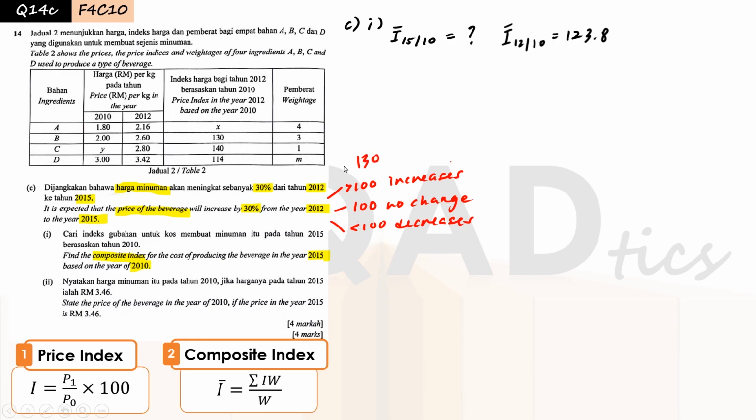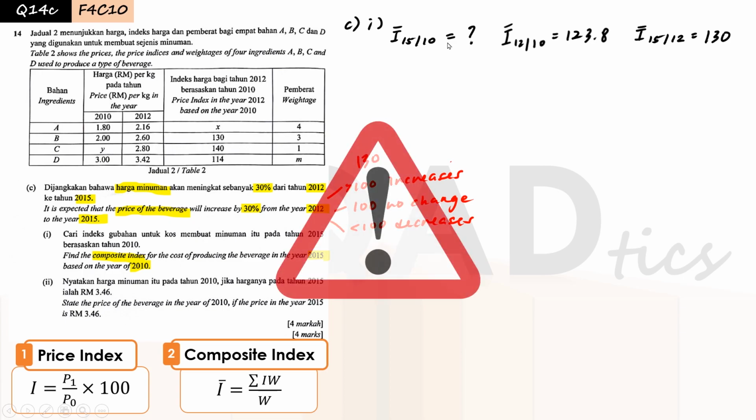Alright? And another thing about this index is that it is based on the year 2012. So this is the year that we need to compare with, and this is us. So our year would be 2015 and we need to compare with 2012. So our composite index 15/12 will be equal to the price index. Okay, so now we have the other two composite indices, then we can find this index using a shortcut